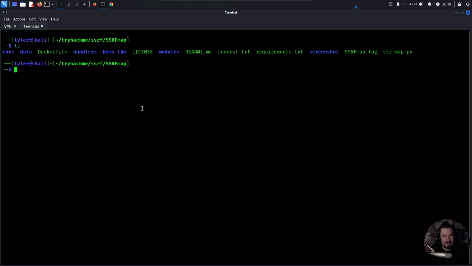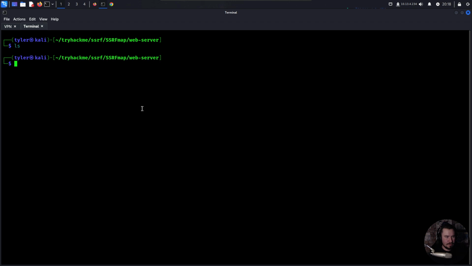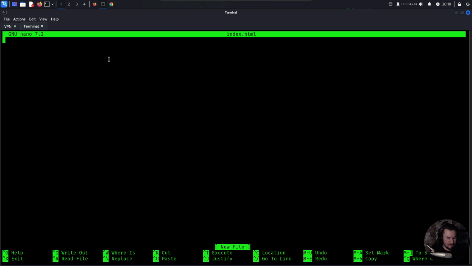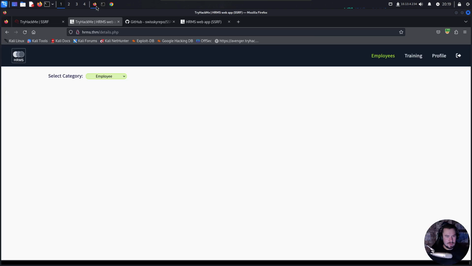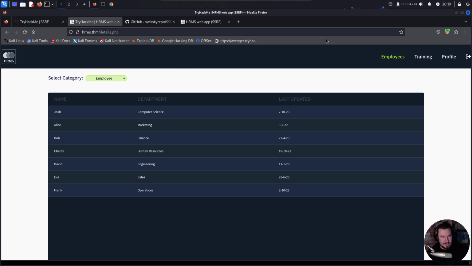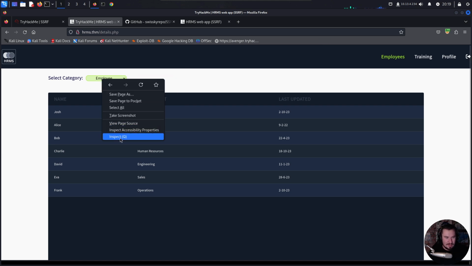All right, if I do, we should be able to, I think we'd be able to do a few different things. Can I just do cross-site scripting on it? I wonder if there's any restriction on the file type at all here. Let me refresh this again. I promise I'll eventually go back to the room, but I like to play around with the room before I continue it. If we inspect this,